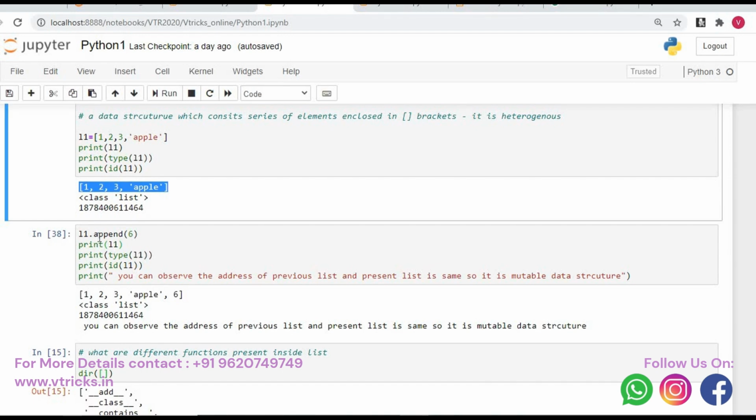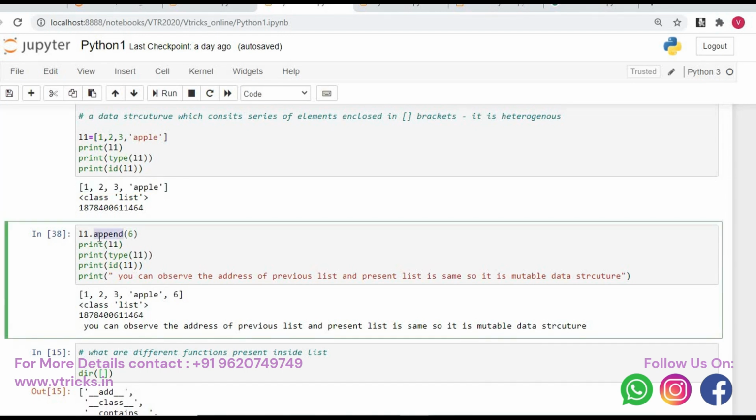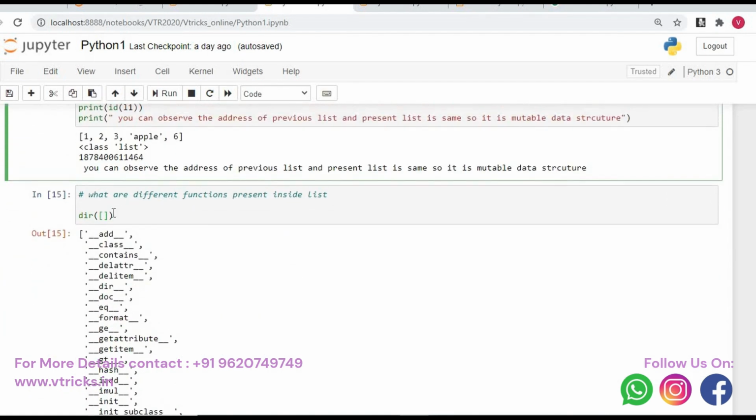Now you must be getting a question here. Okay, here I am using something like append. We don't know that function, no? What to do? Don't worry. Nothing is there to byheart. What we do is, I'll do something like dir of square bracket. You can see there's a function called dir. In the dir function, I'm opening the bracket. Since I told it's a function, from now on, wherever we see the bracket open and closed, we call it a function. Dir is a function and I'm passing the square bracket here. What is square bracket? Yes, it is a list. So I said dir of square bracket.